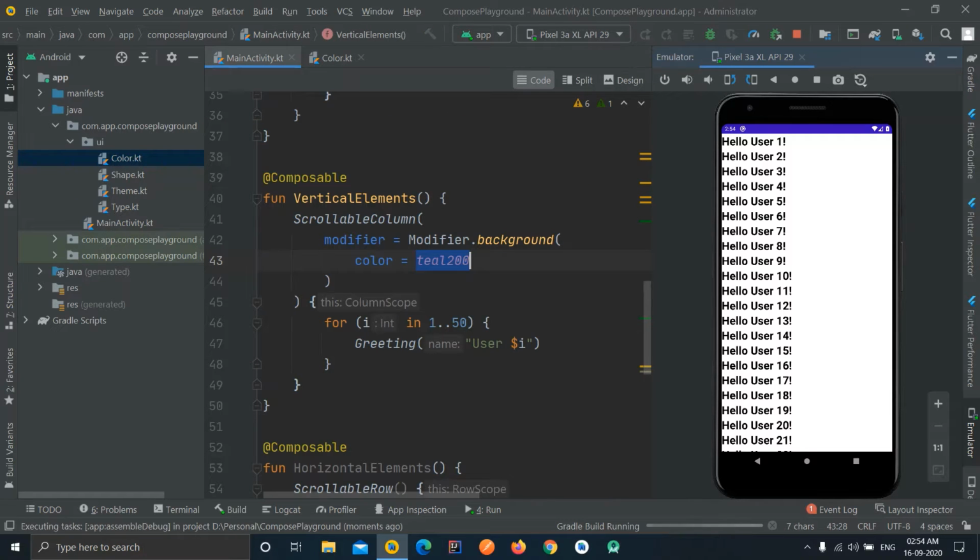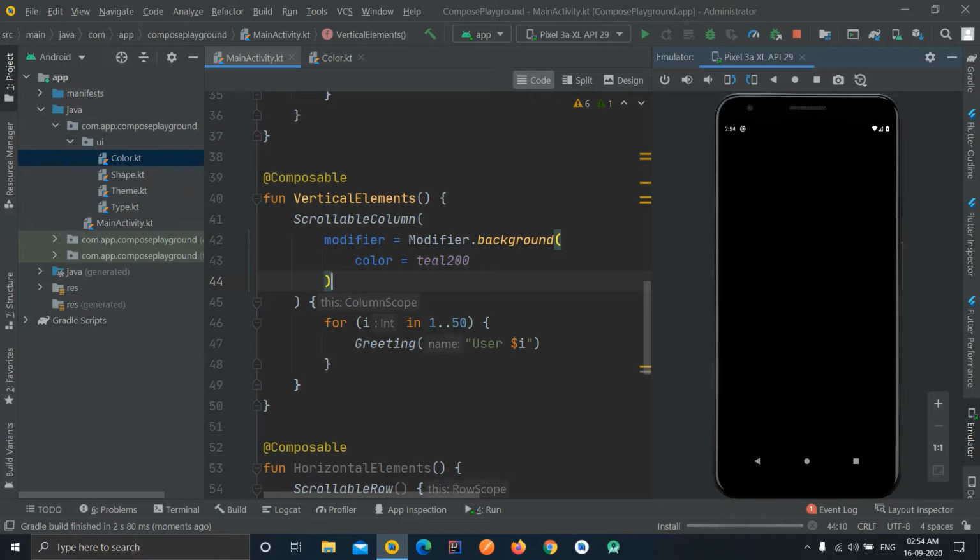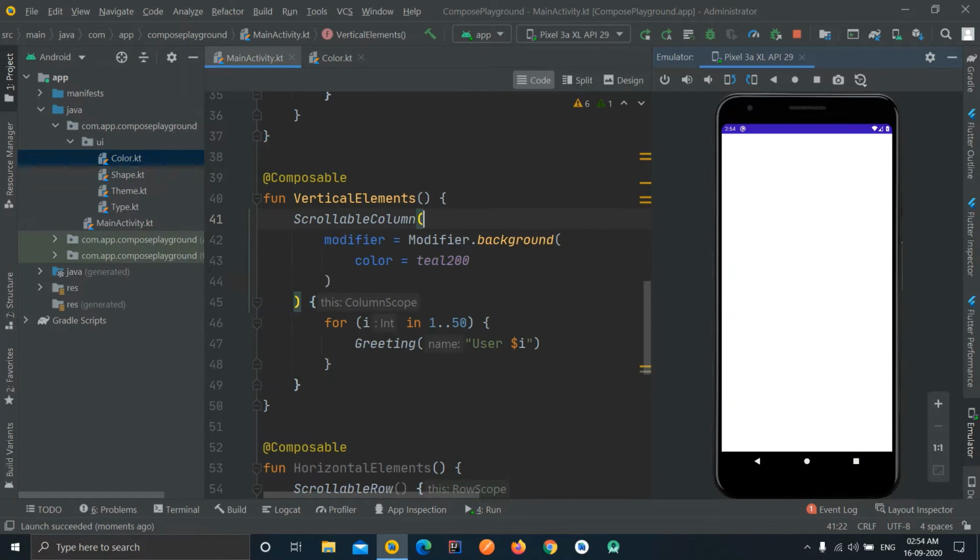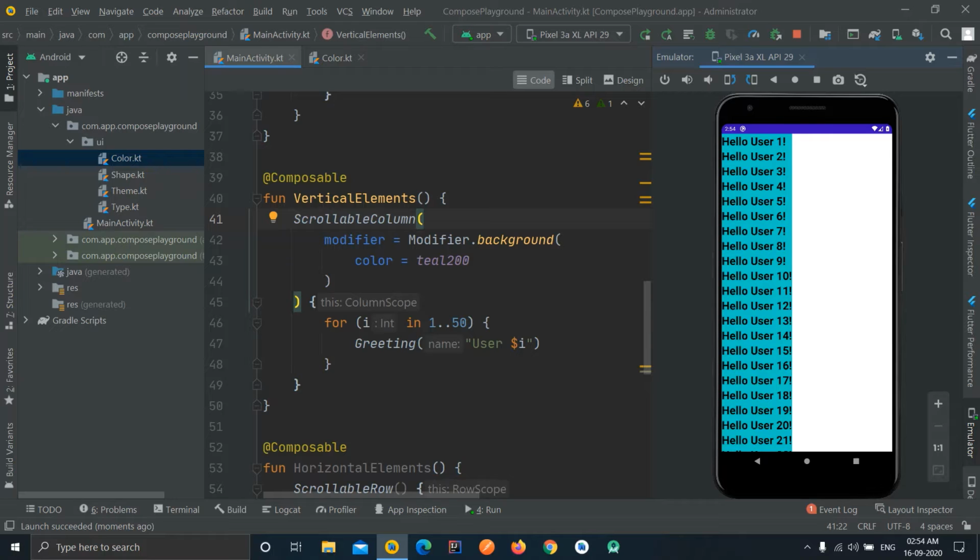So now just run our application, and it is very much clear from this part that it should give a background color to this column. So yeah, you can see that it had given a background color to the column, and like I said previously, the column is actually taking the width of the maximum, or you can say the longest child, basically the child with the maximum width. So this is the way it is working. So the column is till this position only and not over here, so that's why I wasn't able to scroll.